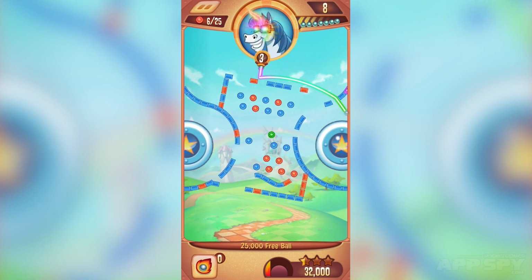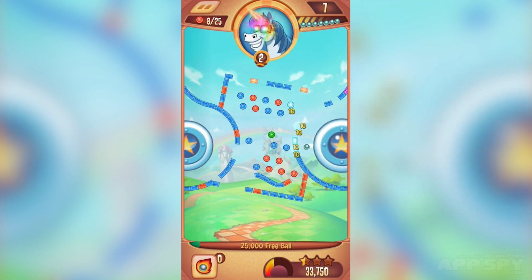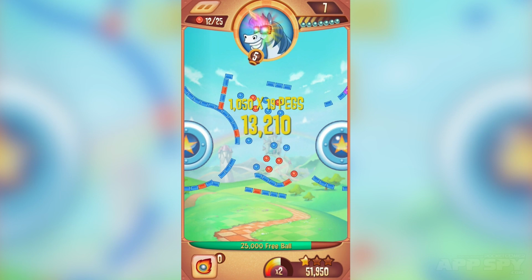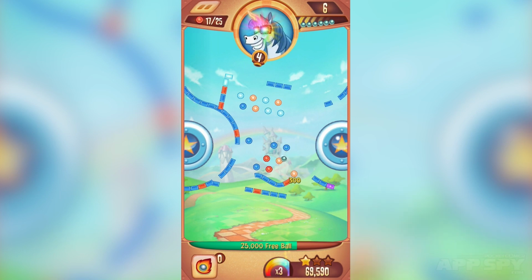There's some vague storyline about Bjorn and his evil brother unicorn. I don't know what is going on in the world of Peggle, but there is some complicated Game of Thrones style lore going on in the background. I'm sure you're kind of bored of watching me hit pegs at this point, but what I'll say is that Peggle Blast is